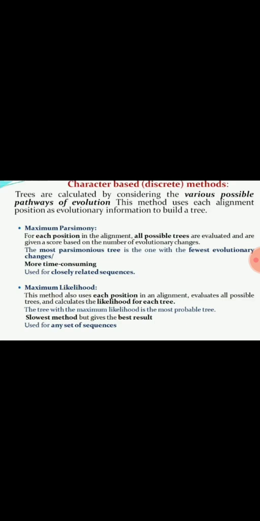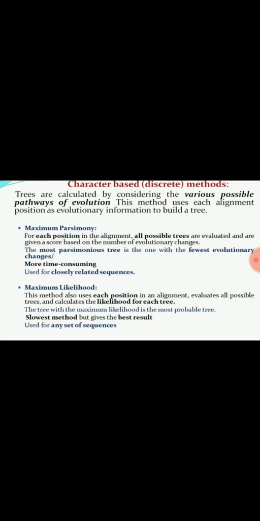So what does the maximum parsimony method mean? What is the basis of this character-based method? The pathway of evolution. Okay, so what do we do in maximum parsimony? We can select one position in this phylogenetic tree. Suppose I have given you 3 trees and one point in that tree and said calculate the maximum parsimony. So how do we calculate this?